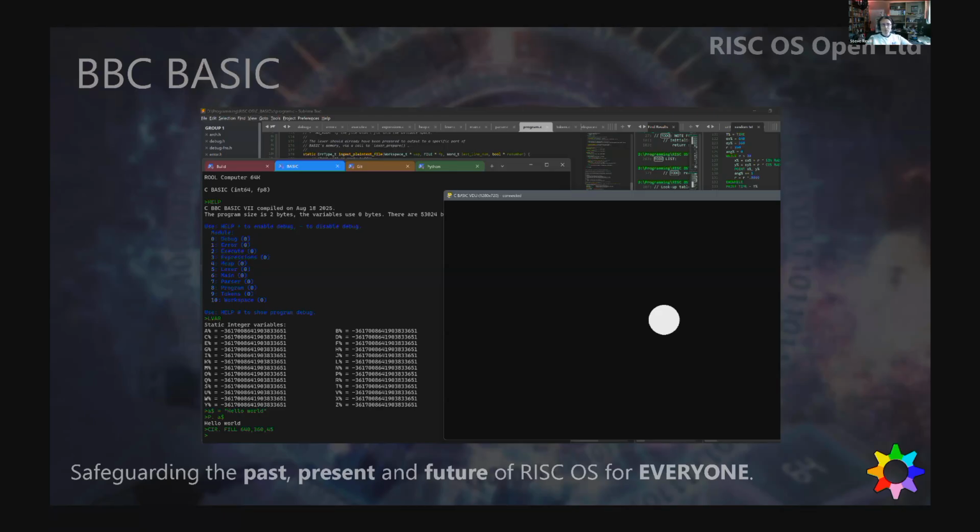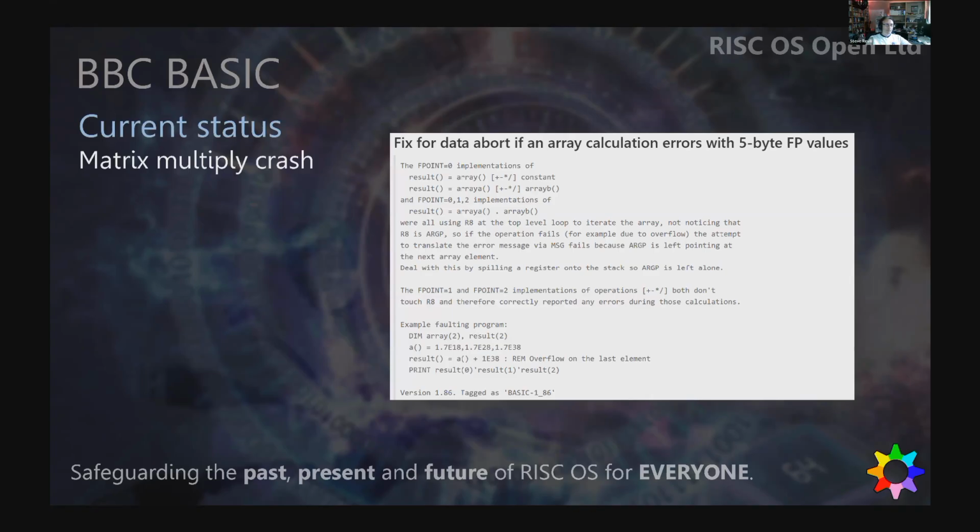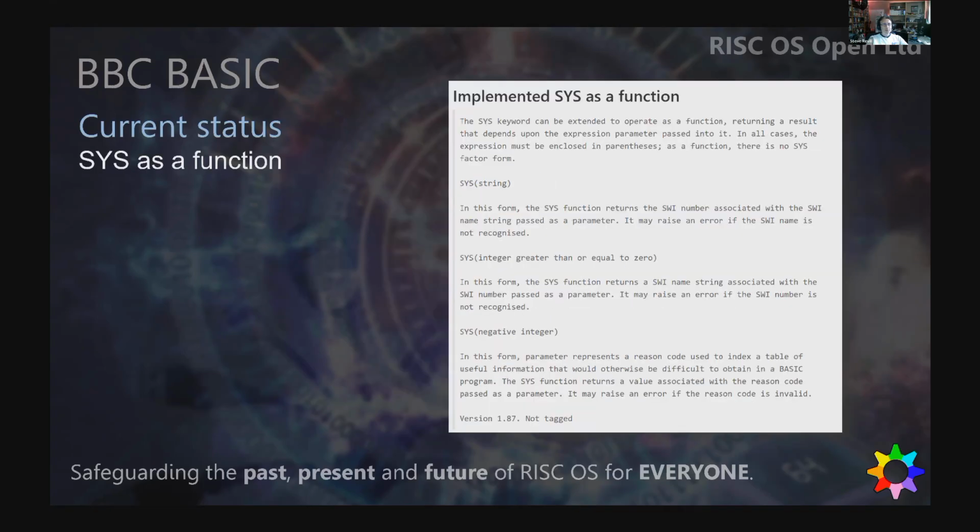And some of the fringe benefits of this work. So I spotted a bug in the original BASIC while I was doing some of my nefarious testing. And so that has been fixed. So that fix got rolled out into the RISC OS source tree quite a while ago. And then another thing that I did was I added a new feature to the language, which is currently in beta, but it's there again. It's in the published RISC OS sources.